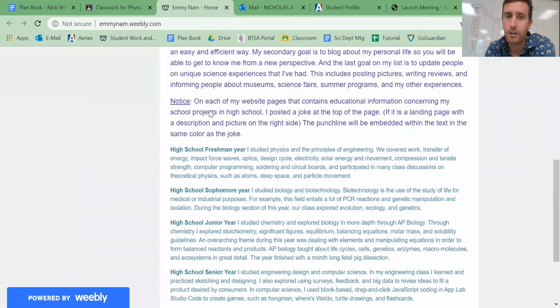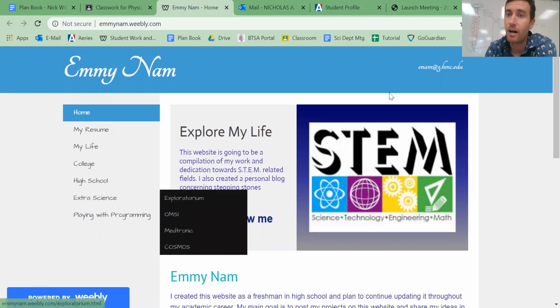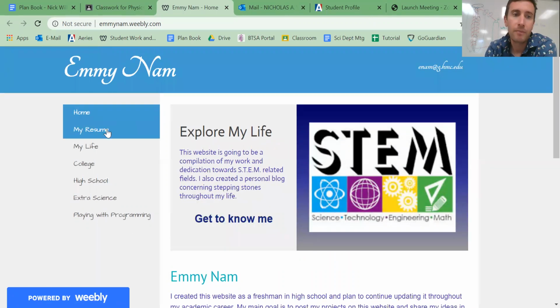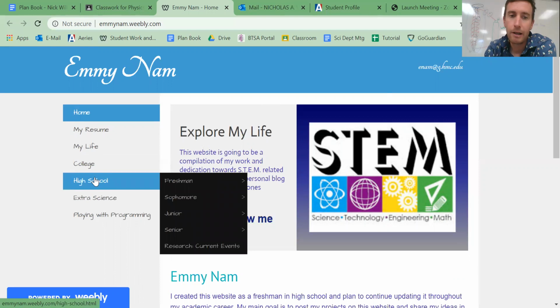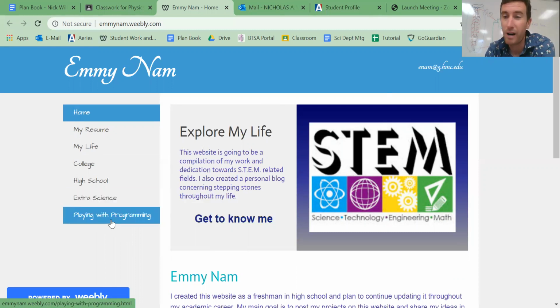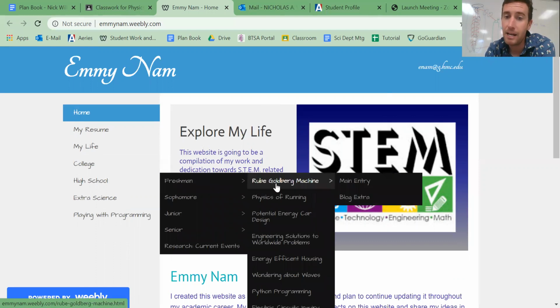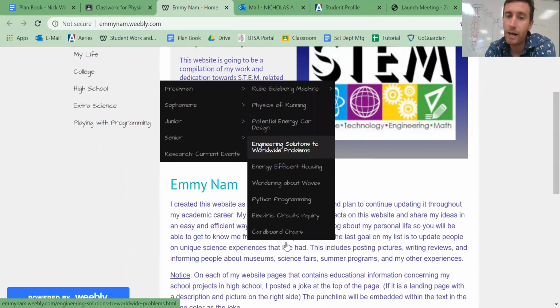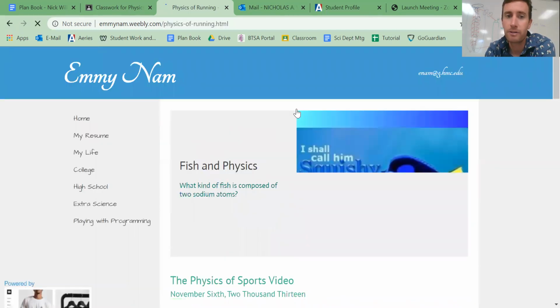But this was her description of what she did on her homepage. It's nicely laid out. It has contact information for her. Then she has her resume posted, information about her life, college, high school, and then under each, she has some extra pages, like extra science stuff she did during her high school career, programming that she did. But under high school, if you look at freshman year, she has a page for each of her projects. So if I go to physics of running, which was her physics of sports video,